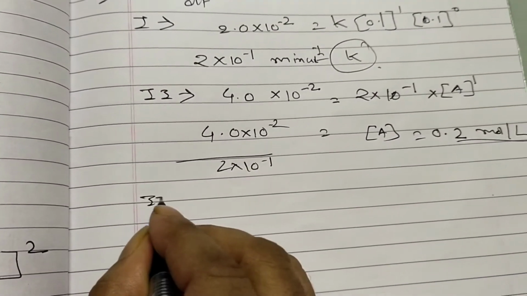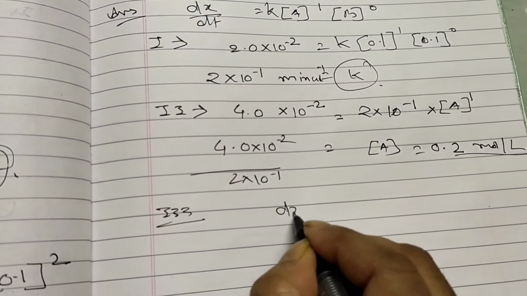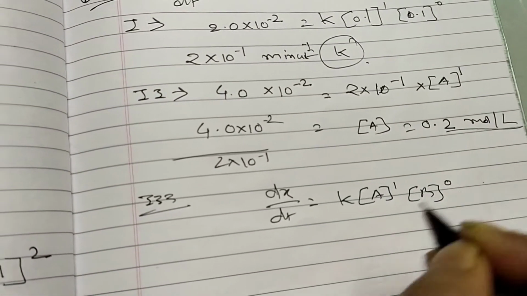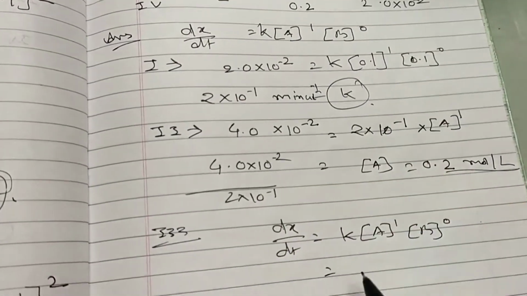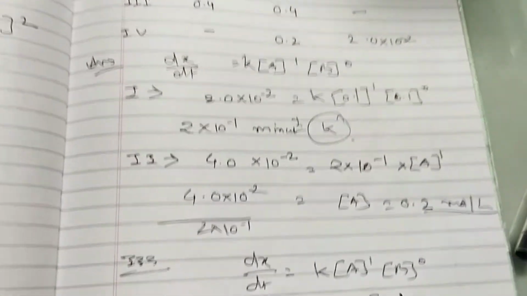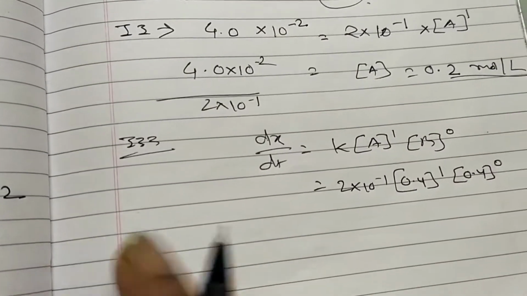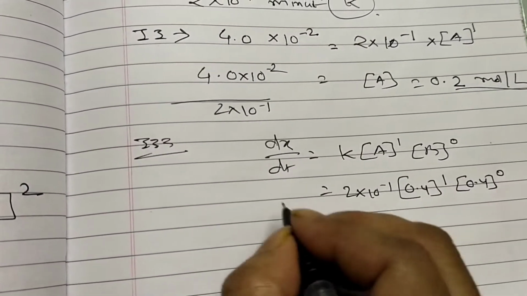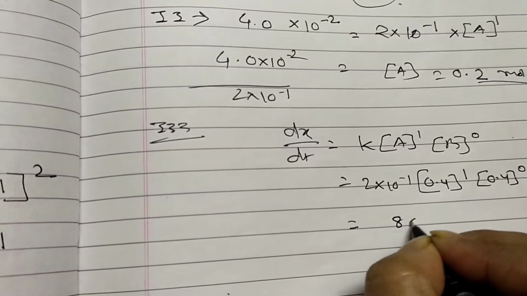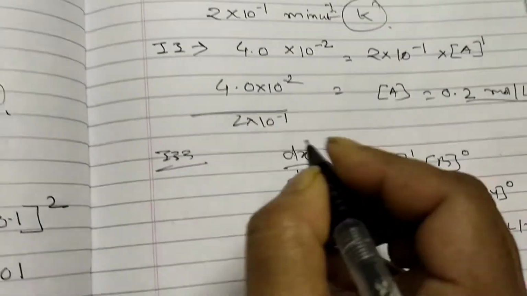Next one is the third. इसमें क्या फाइंड आउट करनी है आपको, रेट फाइंड आउट करना है। तो ऑलरेडी आपको पता है कि dx by dt इक्वल्स टू, what you can write down, k into a to the power 1 and b to the power 0। तो what is the k here, k की वैल्यू तो ऑलरेडी मिल गया आपको 2 into 10 to the power -1 and a is what here, 0.4, so 0.4 to the power 1 and 0.4 to the power 0। So what is coming here now, dx by dt is 2 into 10 to the power -1 into 0.4, that means 8 into 10 to the power -2, clear। So it is coming mole per liter per minute। dx by dt over हो गया.